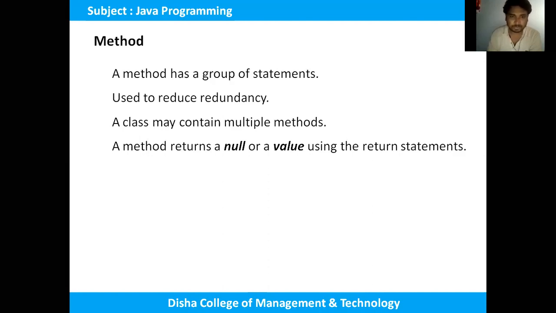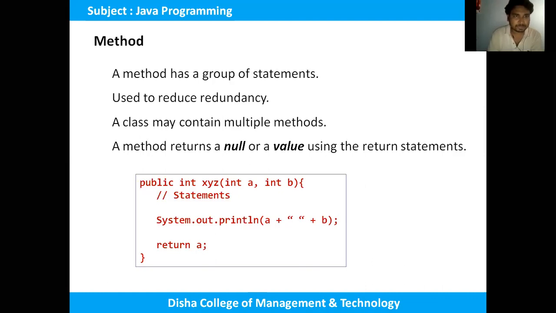Okay, so this is the example or syntax of methods. The first one is public. The method must have an access modifier. Whether it is going to be public, protected or private must be defined by using the access modifier.